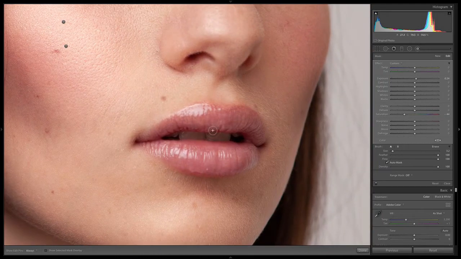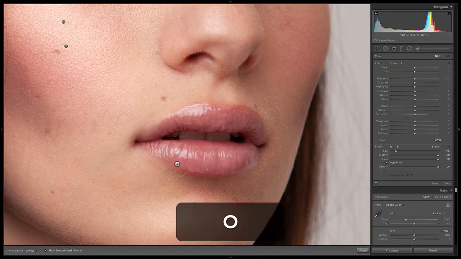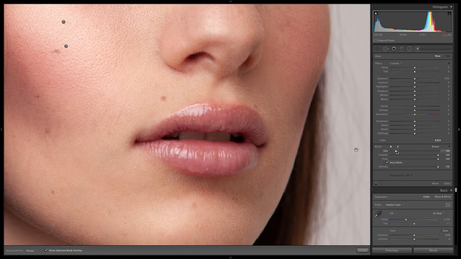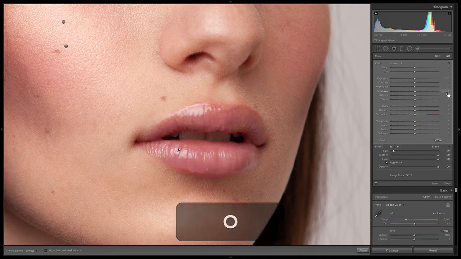Now we don't really see her teeth, so I'm not worried about whitening her teeth, but I'm going to create a new brush to enhance the color of her lips. This is one where I will start with the auto mask on and I will turn on our mask overlay so I can really see what I'm actually selecting. So first we make our selection. And then we're going to add some color. So that's pretty good. Okay, turn off our mask overlay.